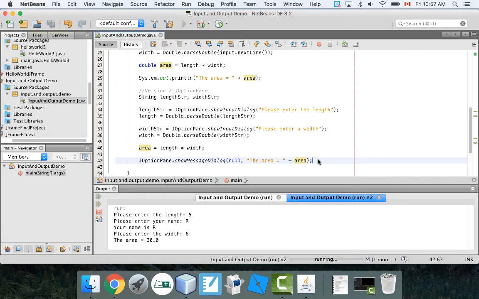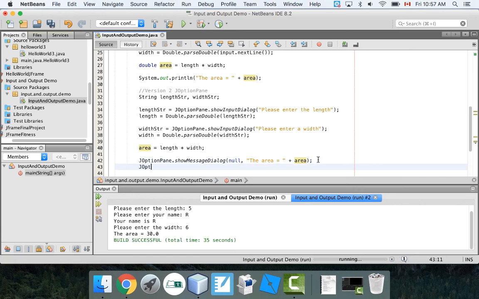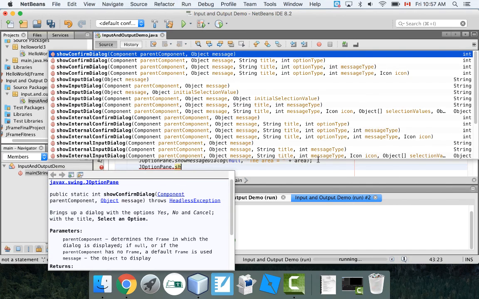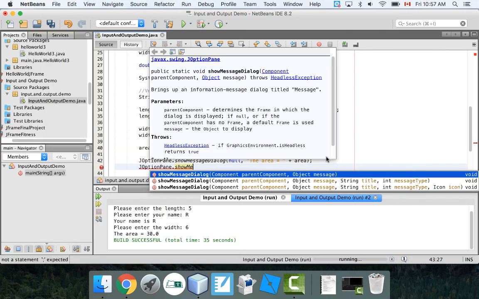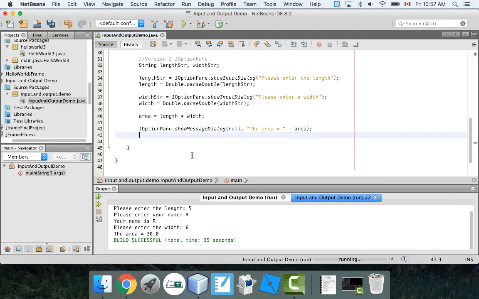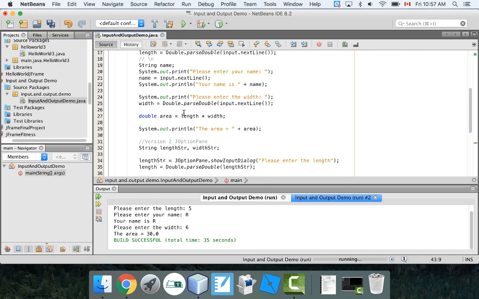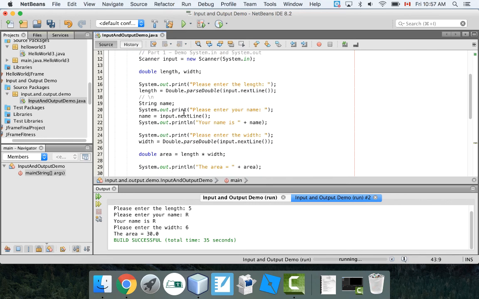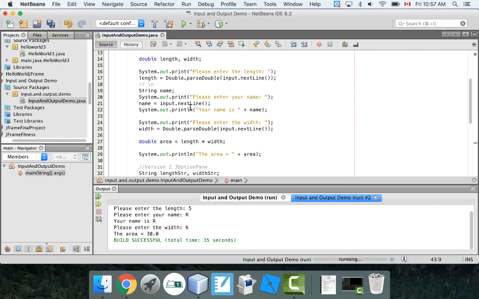If you start digging around with the JOptionPane show message, there are so many different versions of it, and a lot of different options inside of here. So again, I'm just showing you the dumbest, easiest way of creating one, but it's definitely not the best. So these are the two ways I was going to show you how to get user input and output